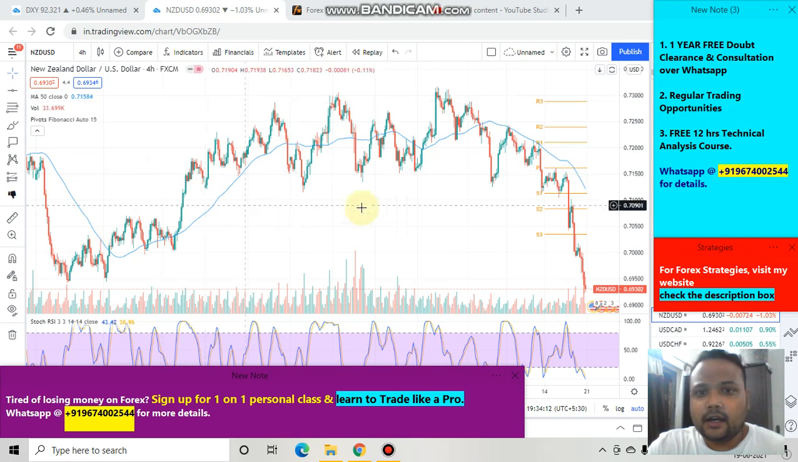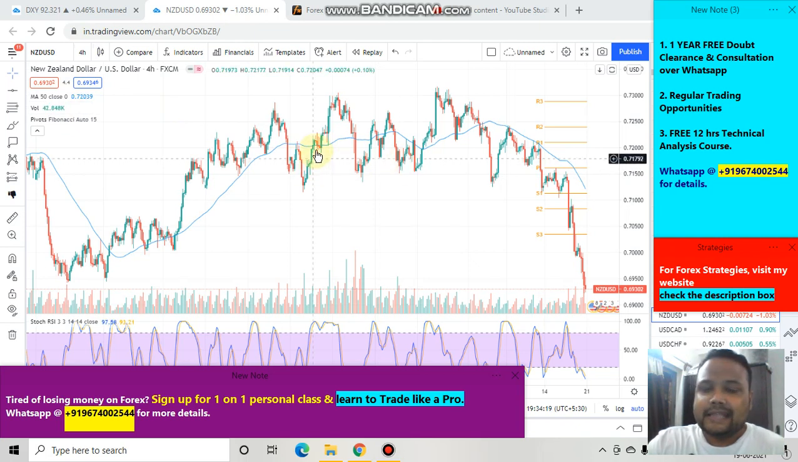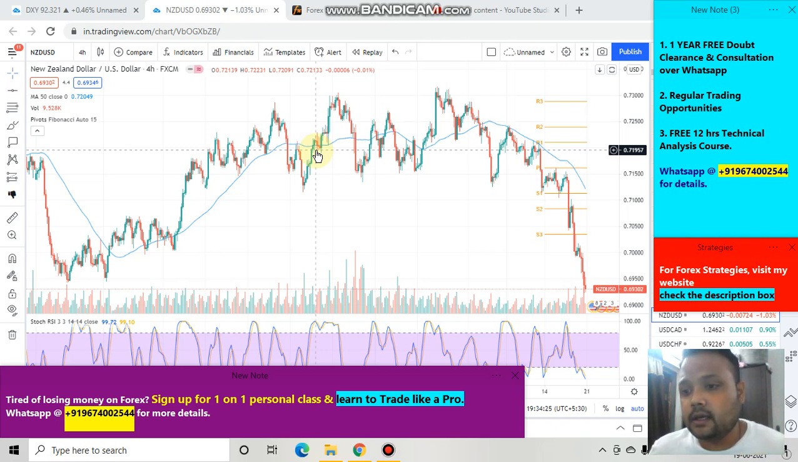So this is the 4 hours chart of NZD USD. Yes, I'm in my favorite 4 hours time frame. As we all know, NZD-USD witnessed heavy selling pressure this week. In fact, currency pairs like Euro-USD, GBP-USD, and NZD-USD saw heavy selling pressure after the FOMC meeting when the US